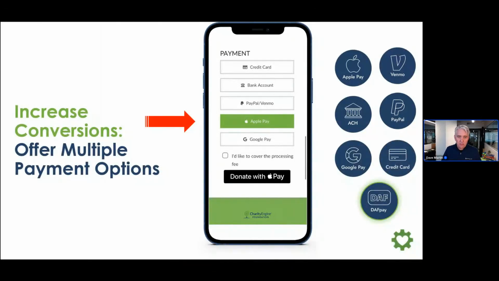If you only got credit card and Apple Pay on there, but you're not offering Google Pay, you're not offering ACH, which is via their bank, right? Then you're missing out. In this case, you're offering more options to reduce friction as well, right? So it gives people options of how they might want to pay. So offer multiple